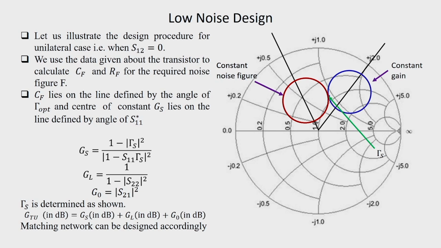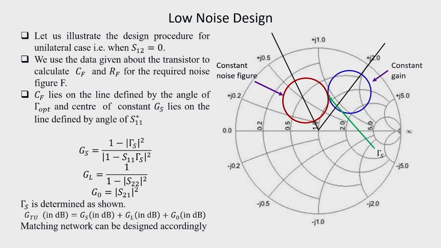So, now we have the gain of Gs part designed in such a way it satisfies the requirement of the noise figure f. Once we have gamma s and gamma L, gamma s value we have already calculated,